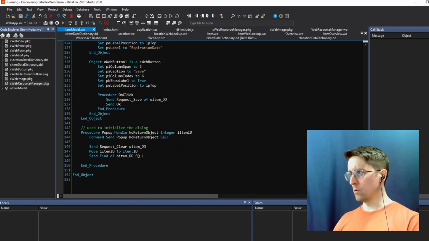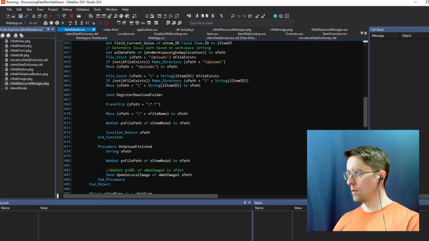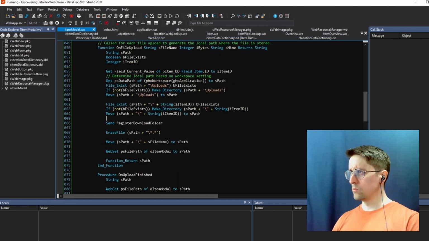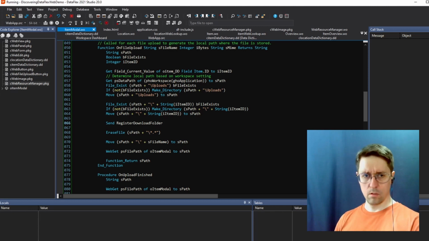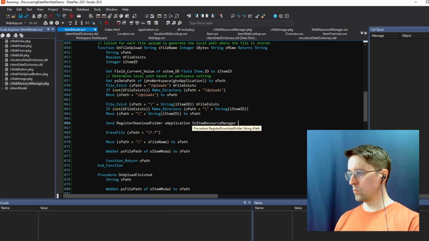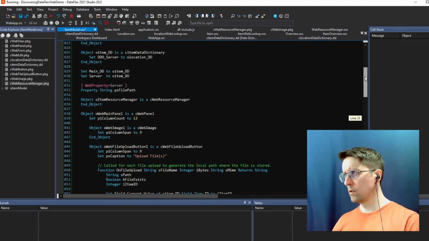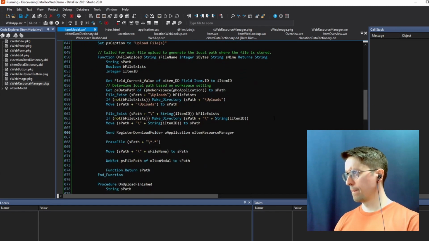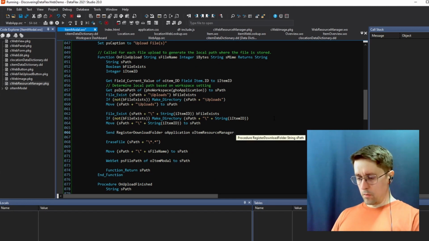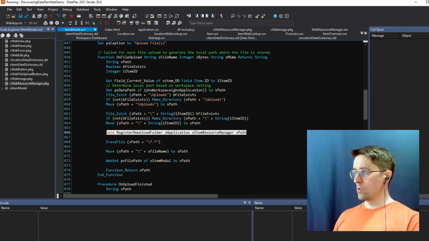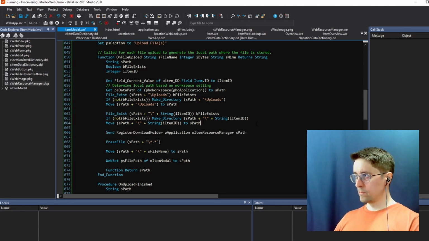Here, let's see, where did it go? Register folder of orgs. Oh, I didn't call it that, right? S path. So here we have the path to the folder,